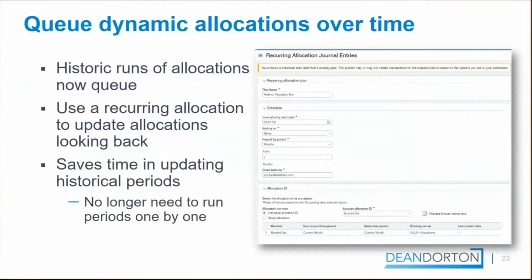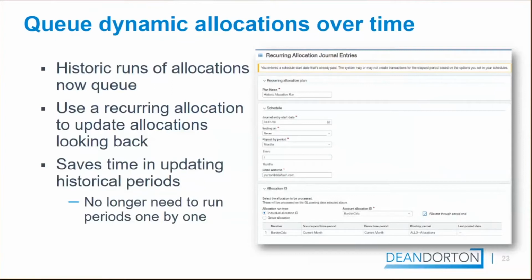And you know, this would not be a Jim Norton presentation if you didn't hear from me about dynamic allocations. So here we are. Dynamic Allocations has released an update. This is actually an update that I asked them for, so I'm extra excited about it. It gives you the capability to queue your dynamic allocations over time. So what that means is you could run allocations for an entire year now,